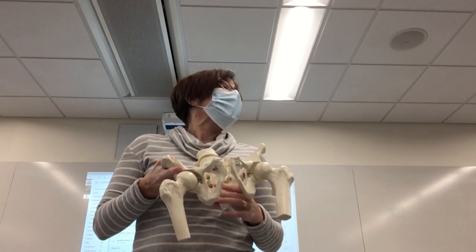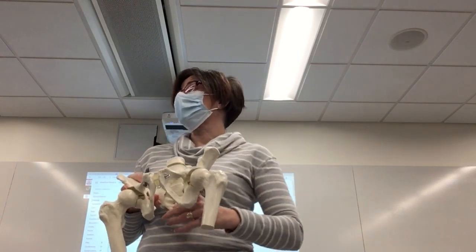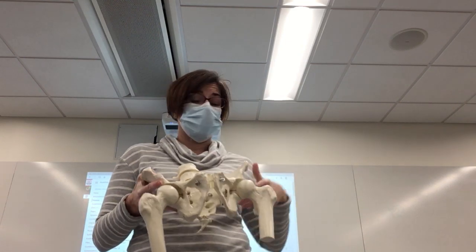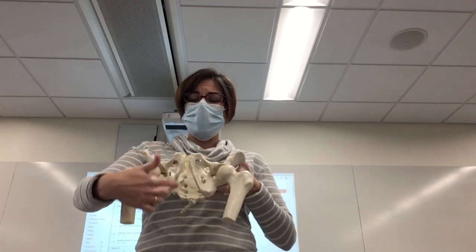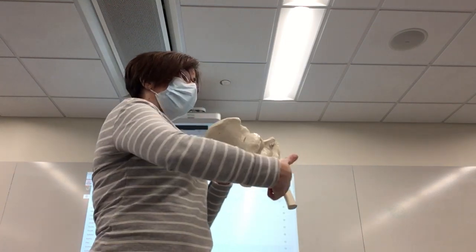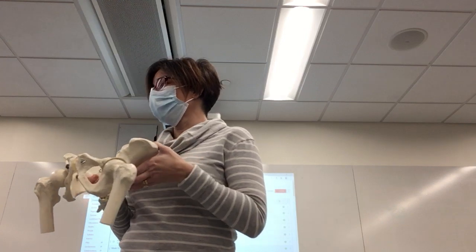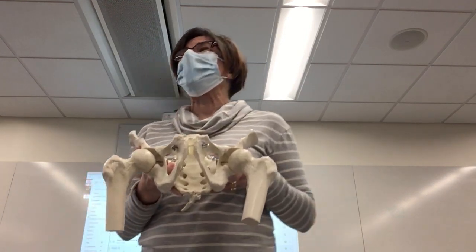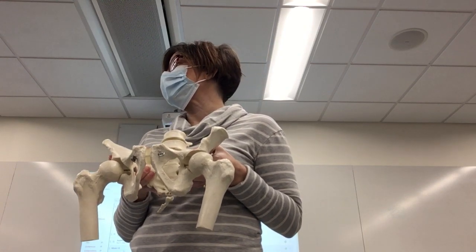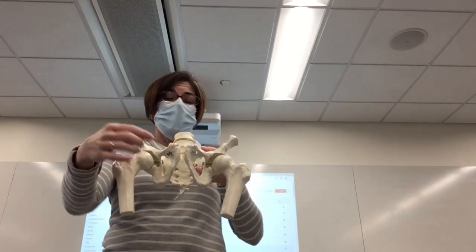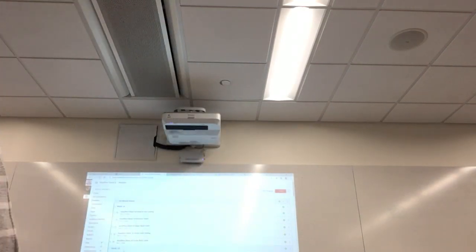Okay? In one of your readings, there were some questions about the difference between male and female pelvises. There's a really important arch right here, and it's called the pubic arch. All right? In a male, this pubic arch, this triangle that's made right here, is less than 90 degrees. Okay, men have narrower pelvises. In a female pelvis, so